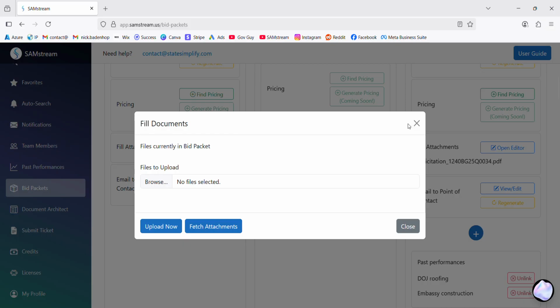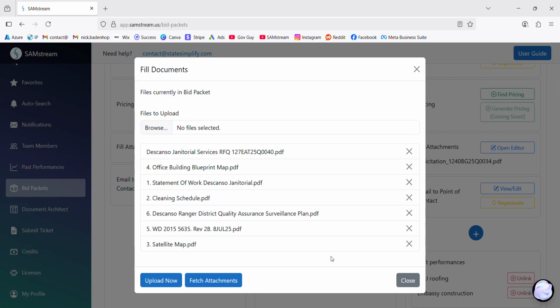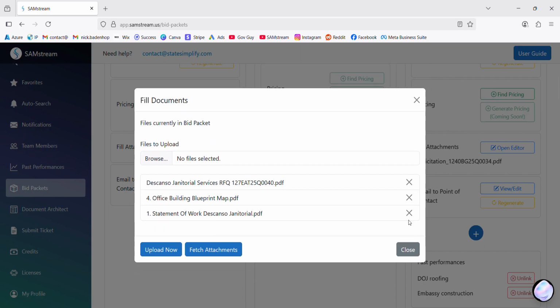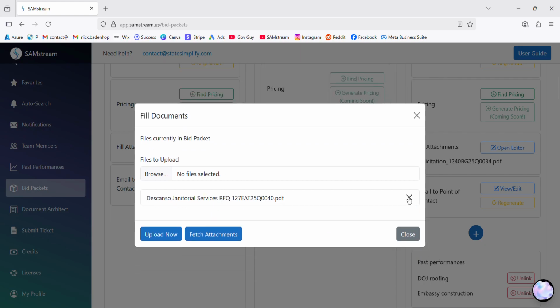So we've built all our documents, and we've looked up and found our pricing. All that's left is to fill out our attachments. Anything that needs to be signed or filled out, instead of downloading it, writing it by hand, rescanning it, and uploading it to a document filler, we've made the document filler here. So all we have to do is hit Fetch Attachments,